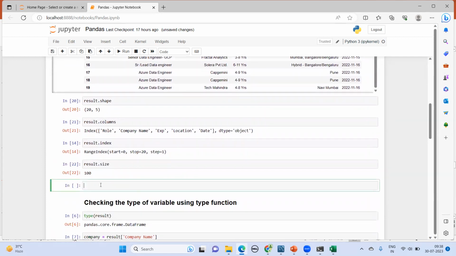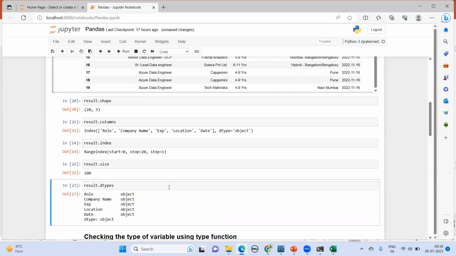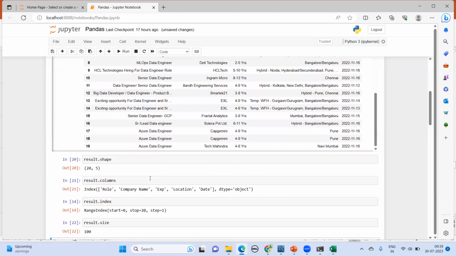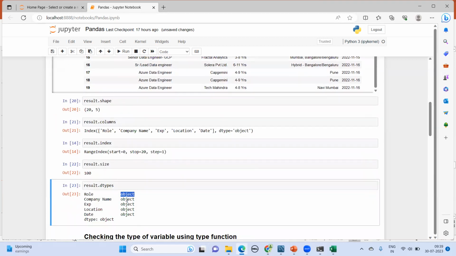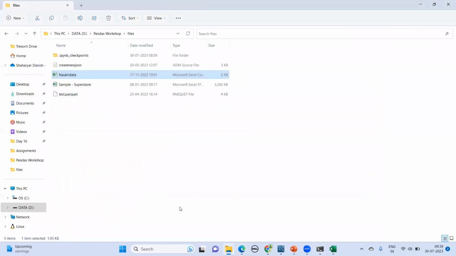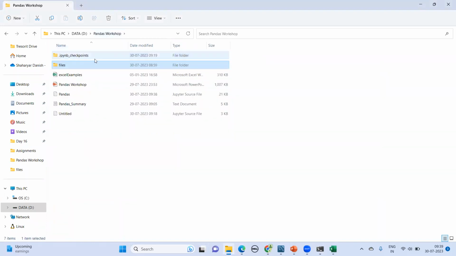Okay, and we have an attribute called dtype that will give you the data type. Okay, so each column, it is giving you the data type. So data type, guys, for Python we have a different data type, and for Pandas they have their own data type. Okay, so one of the data types is called object. So here, like company name, all the values in the company name, they are all of data type object. Okay, so if I open this file here,